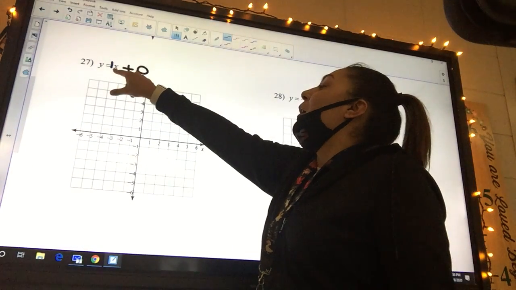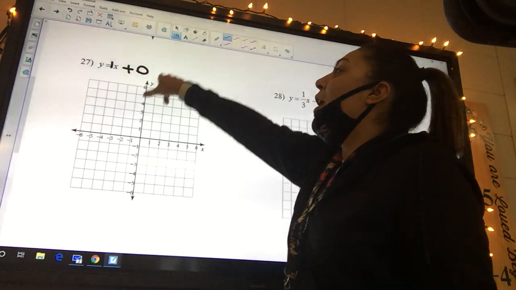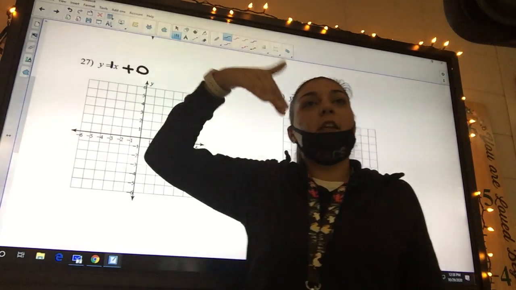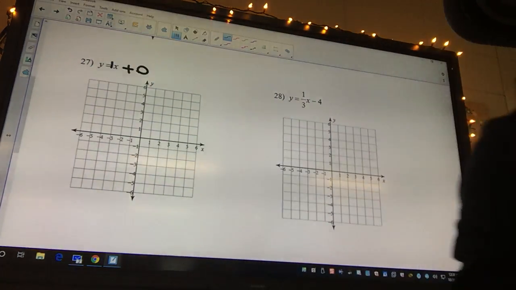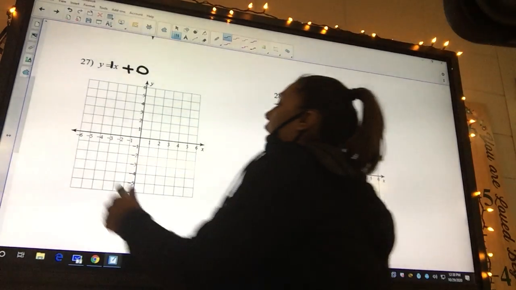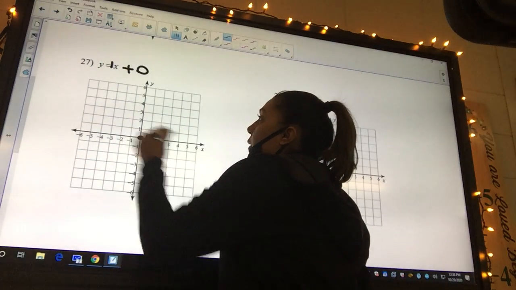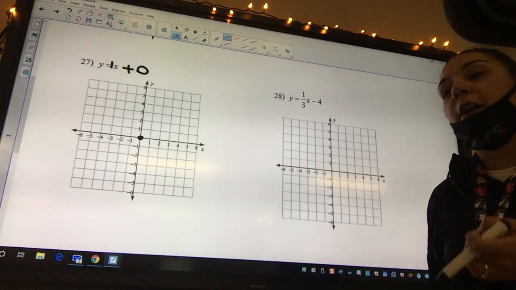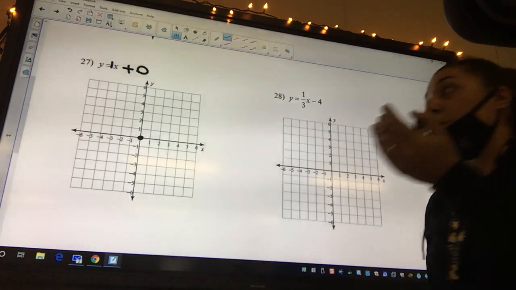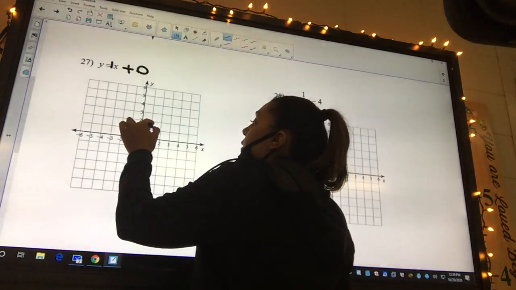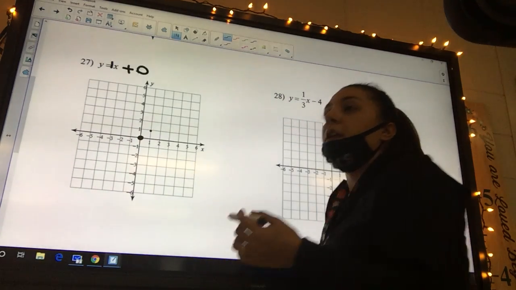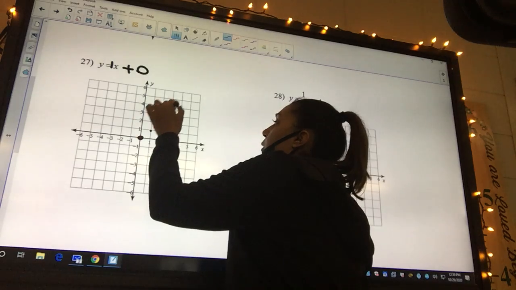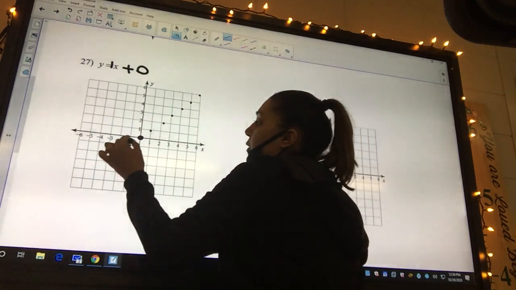Okay, so if there's no y-intercept, it's a 0. But if there's no number in front of an x, it's 1. And so that can kind of be a little bit confusing for some people sometimes. Okay, so our y-intercept is right here at 0, 0. And our slope is 1. But how much do we rise? How much do we run? 1 over 1. Okay, and this is one where I tell you, like, you don't need 50 million points. Could you graph them? Yeah, it'd be up 1 over 1, up 1 over 1, up 1 over 1. Okay, this is what your line would look like,